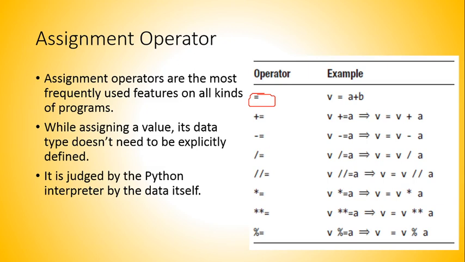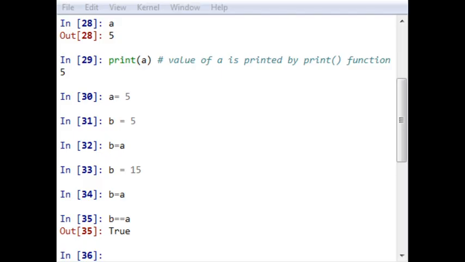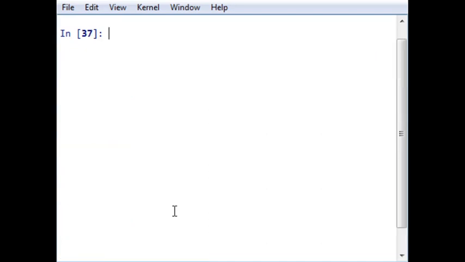But the increment and decrement operators, when I say increment and decrement operator, it is nothing but this. This is an increment operator and this is a decrement operator. The increment and decrement operators are used extensively when we need to proceed stepwise in a program, when you are going for a looping program. I am not going to show you a loop program, but let us demonstrate a simple single line code to see how this particular operator behaves. First of all, let me clear the screen and clear the memory.